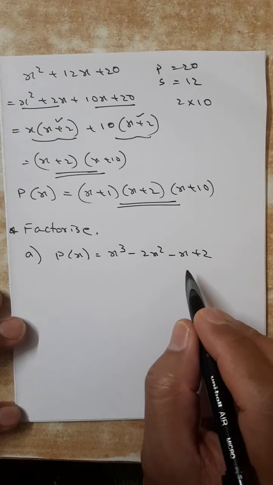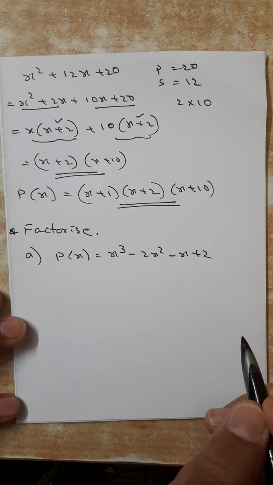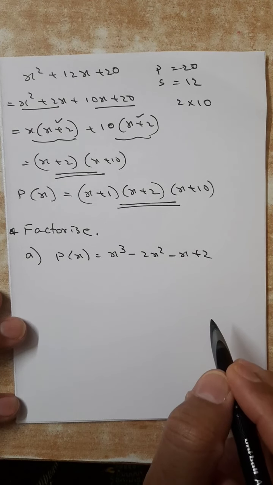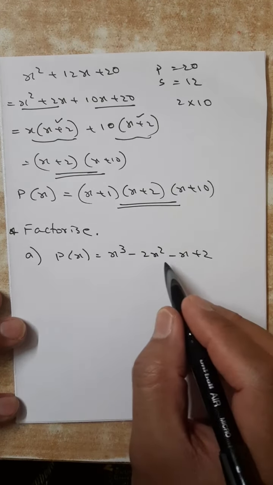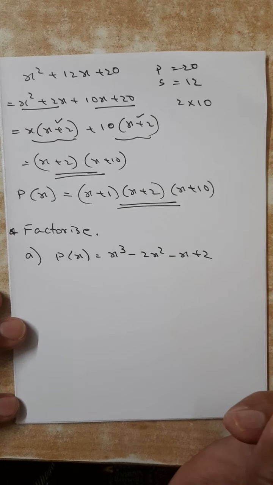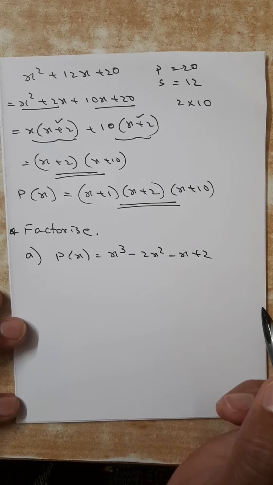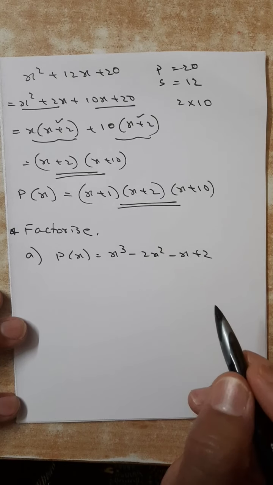Now what will I do? I will not go for the factor theorem, because factor theorem is a lengthy process. What I told in the beginning: whenever there is a question to factorize, I have to think: is there a common factor or not? If a common factor is there, that is the best thing. Otherwise, common in groups. Otherwise, the third option is identity and the fourth is splitting and then factor theorem.